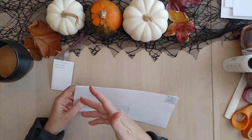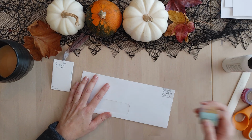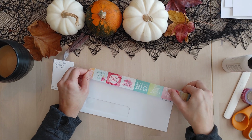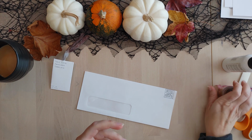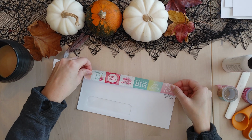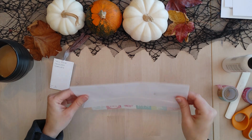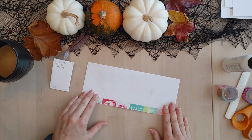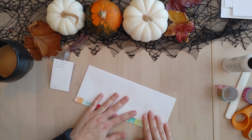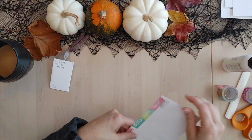So I just wanted to show you, if you have a junk envelope like this, you just take, again, washi, which is one of my favorite materials right now. So you could easily just glue this down, but I'm just going to go ahead and washi it. So some wide washi, put it on that side, flip it over, put it right here. Oh, that's funny, it's starting to come up. All right, and what we're going to do is,